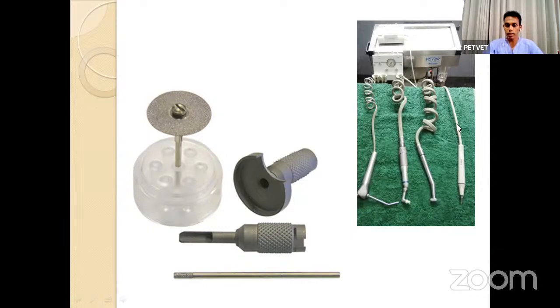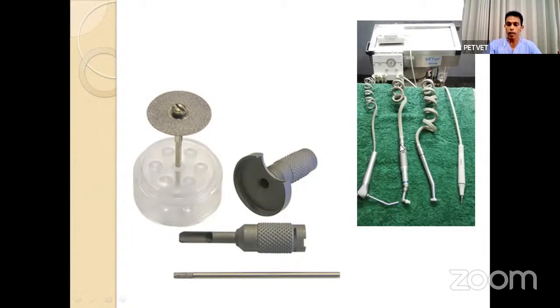Now I just included this to give you an idea about a normal veterinary dental machine. A dental machine will have a few parts, a few gadgets. One thing is the air water syringe. This has two knobs. When you push one knob, you get a pressurized airflow. And the other knob, when you press it, you get a water stream. And when you press both together, you get a pressurized water flow to wash the mouth, and that makes your